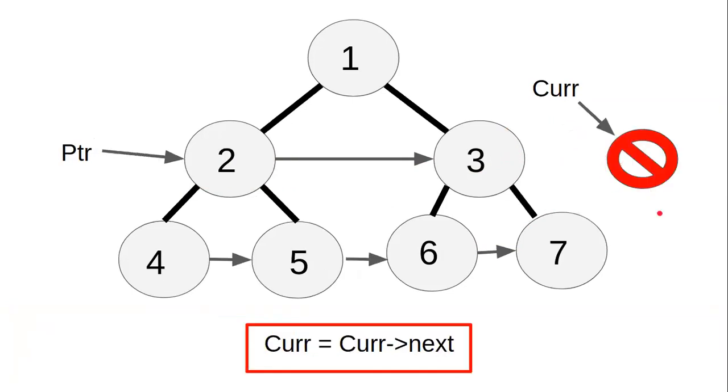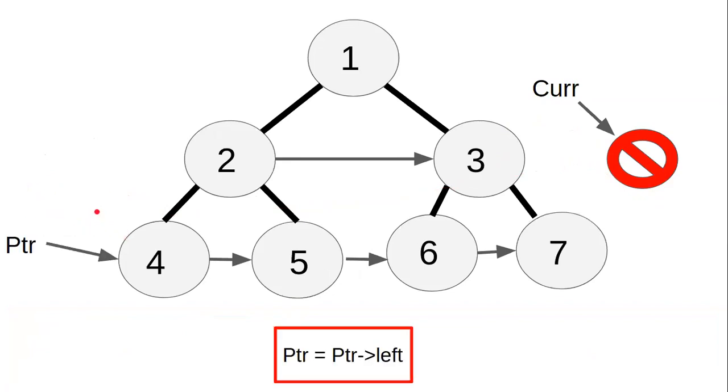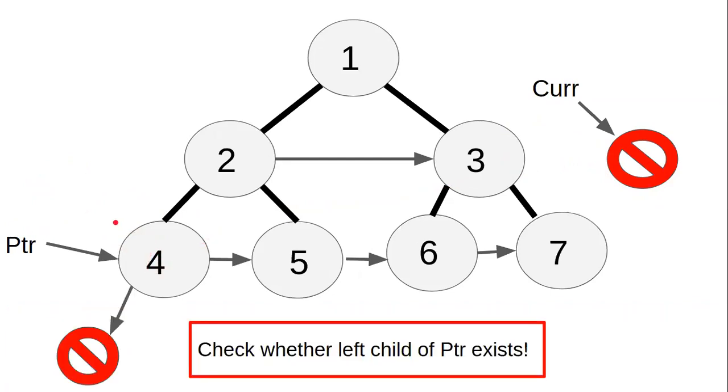Now it found that it reached the end point of the current level. So now it will tell pointer PTR that, hey, I have reached the end point, and please shift yourself to your left. So now PTR will shift to its left child, and the job of PTR is to look for its left children, whether it exists or not. Now PTR found that its left child doesn't exist. So what does it mean? It means there are no more elements down below PTR which I will use my current to connect.